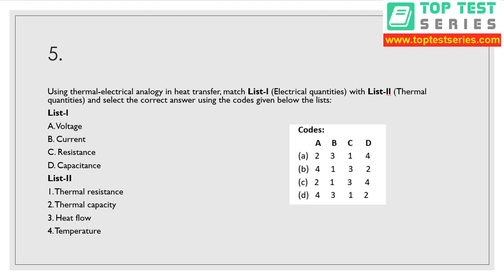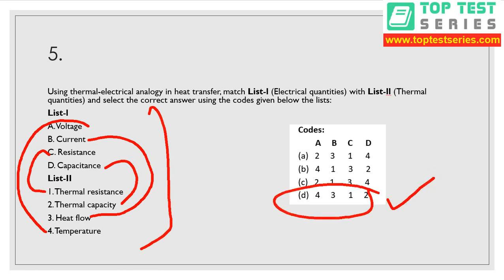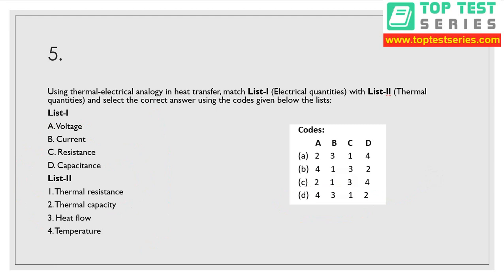You need to understand the basic concept of it. Current flows because of potential difference. Potential means what? Voltage, right? And heat flows because of temperature difference. So my dear, the correct match for voltage is temperature. Now current is flowing and heat is flowing, therefore the correct match for current is heat. Resistance, that means it is opposing electricity to flow, therefore C is 1. Capacitance, it is storing energy, that is thermal capacity. So match all these things, you will find out option D is the correct answer for this question.